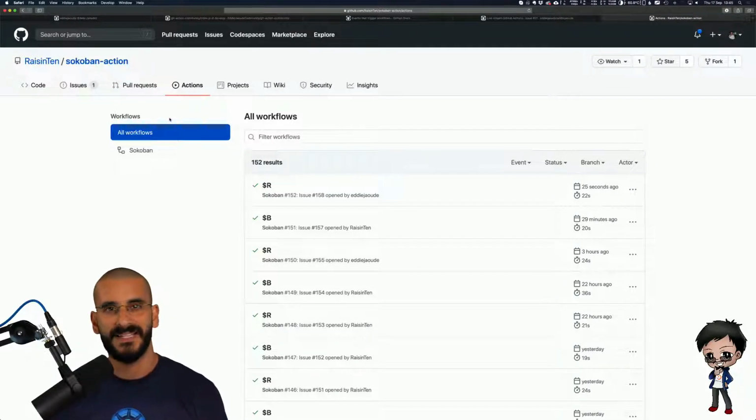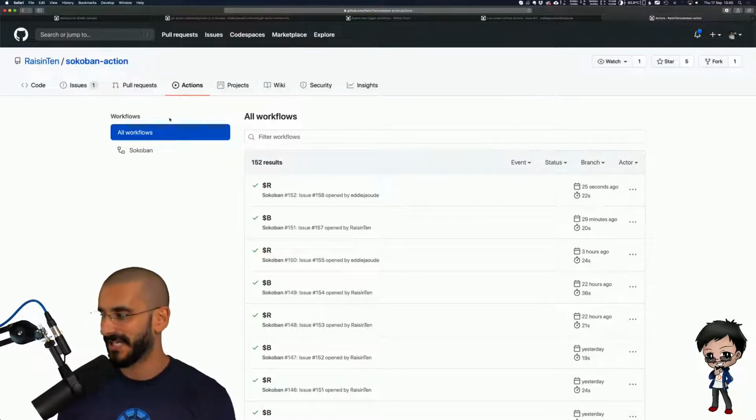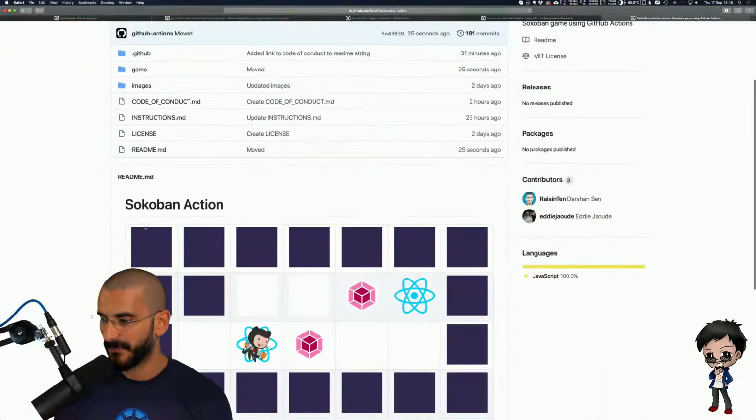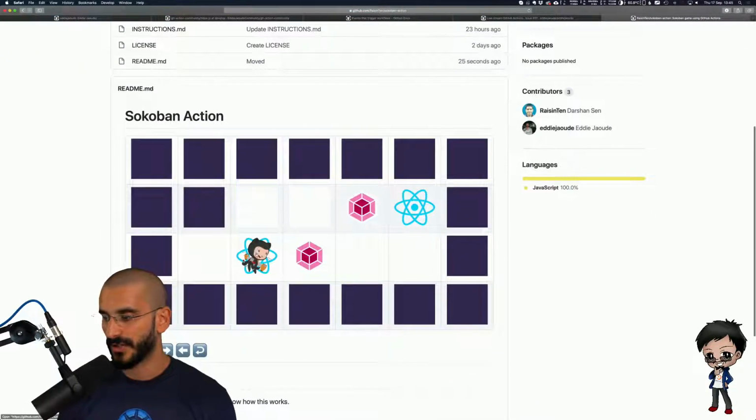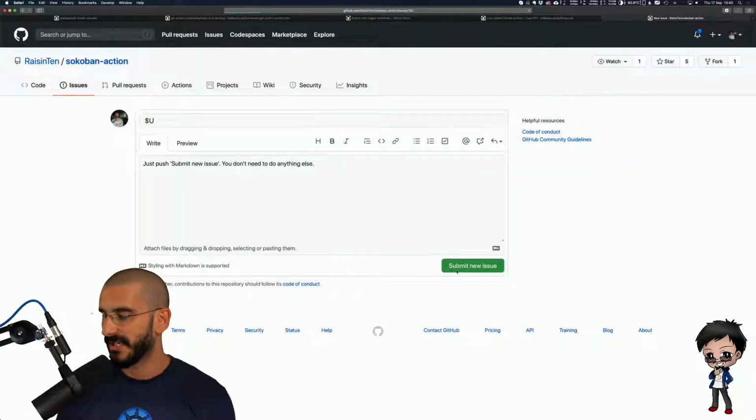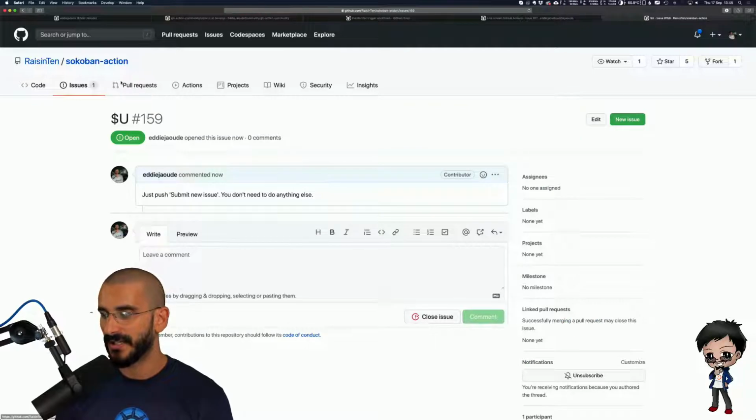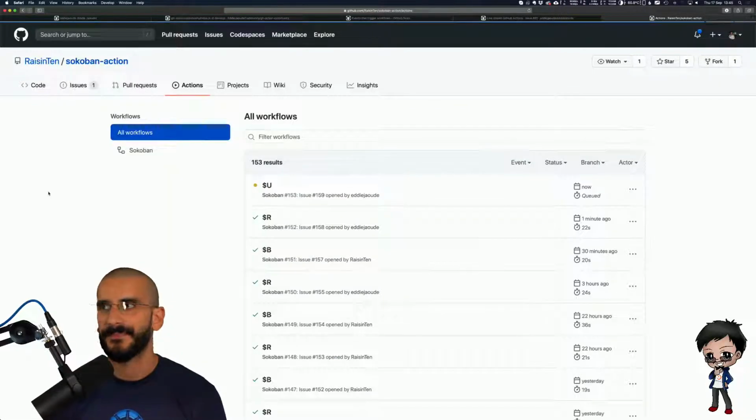You couldn't do rock, paper, scissors because that's more real time. You need to kind of challenge someone. But turn-based games work really well. So that's now finished. If I go back to the README, you can see it's now moved across a square onto this one. And then I guess I can move up. Let me move up and do that. There are so many things that you can do with this. That's why it's just so interesting.